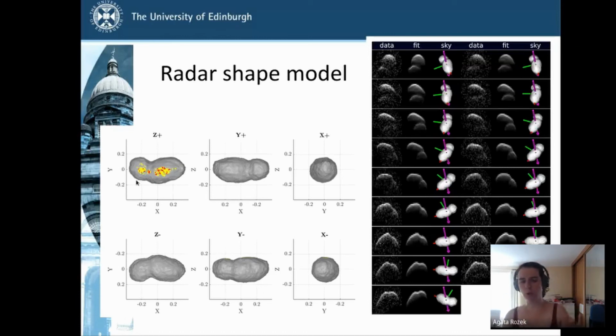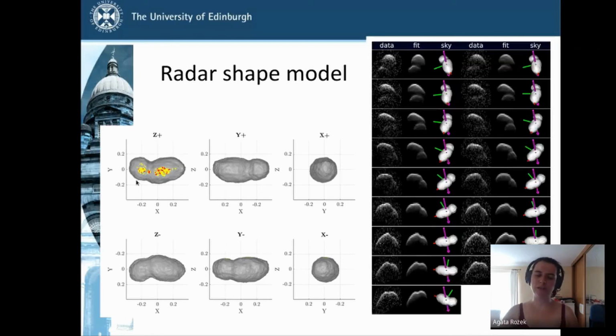So there are pros and cons of both methods of ground-based characterization of near-Earth asteroids. The light curve method is good because it's very accessible. A lot of asteroids can be observed using light curves, and you can produce the shape models quite quickly because there's only one solution ever. With radar shape models, the process is lengthy, but the outcome is much closer to what the actual asteroid looks like. And we have now ground truth for